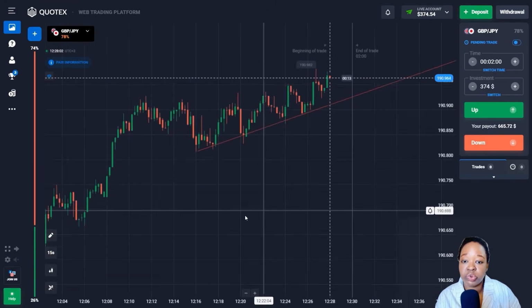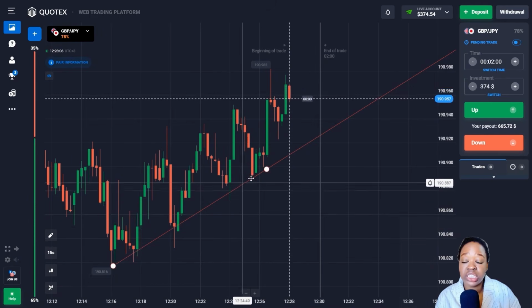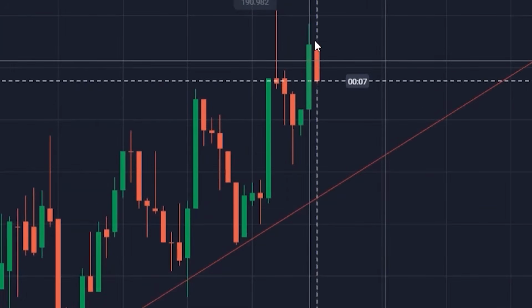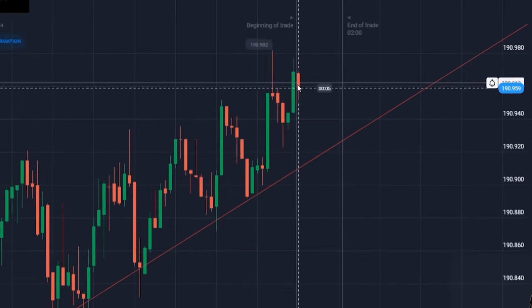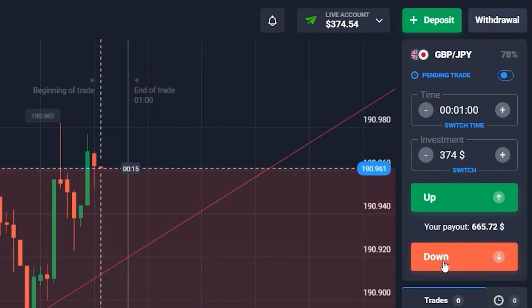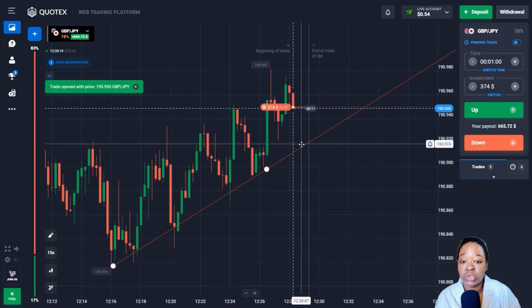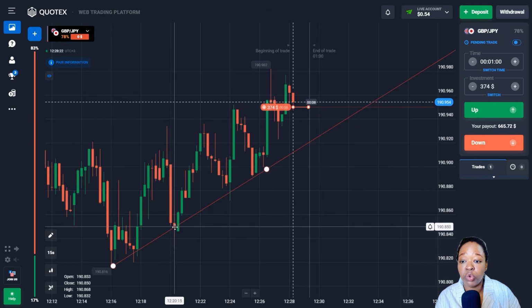So here you can see the price moving along the rising trend, and I also marked the trend line, and as you can see the previous price made a rebound from this line, and now there's still room for it. Here I'm going to open a deal for a minute for a decrease since I think that in the near future the price will hit the trend line, and as you can see the price moved according to the scenario and touched the trend line quite clearly.